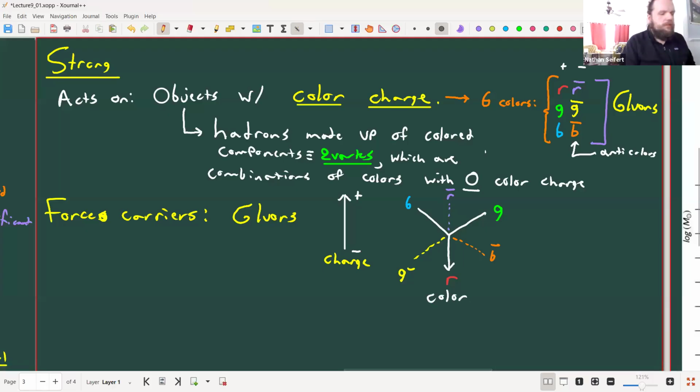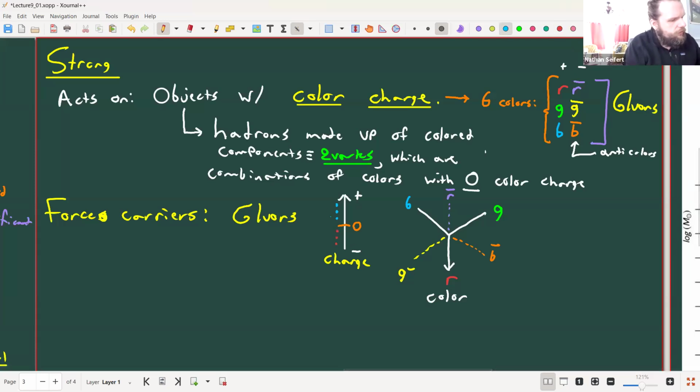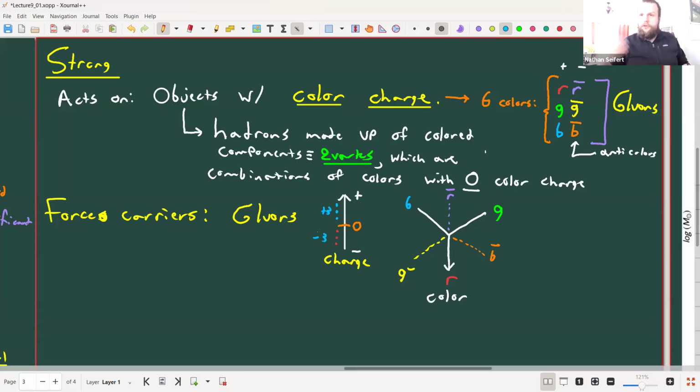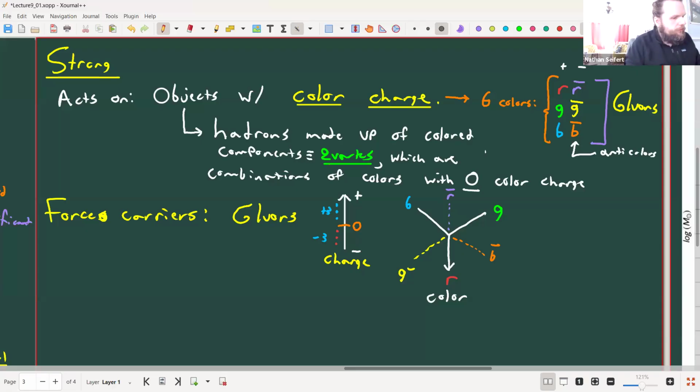And so you could say, okay, something that is electrically neutral, you add up all the positive charges, and I also have some negative charges that cancel it out. I get a +3 here and a -3 here. The same thing has to be true for a color neutral object as well. You have them moving in different directions, and basically everything has to add back to zero. And things that are made up of gluons are called quarks, and there are six quarks.